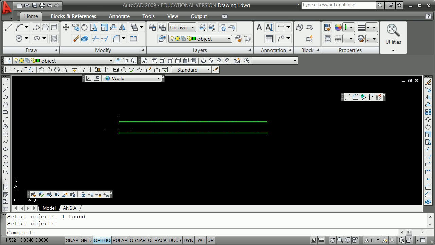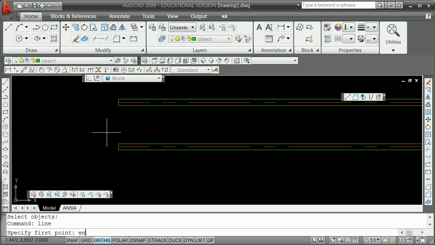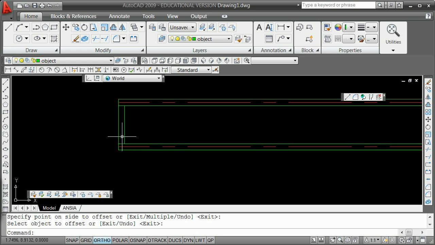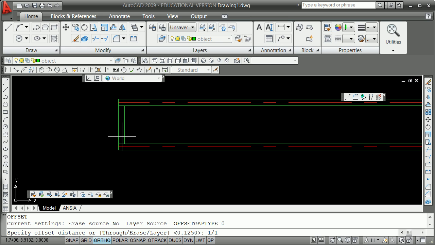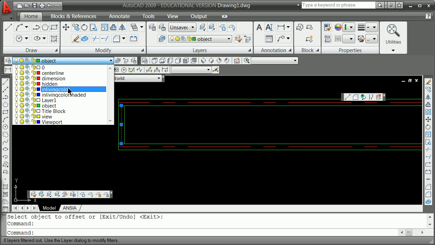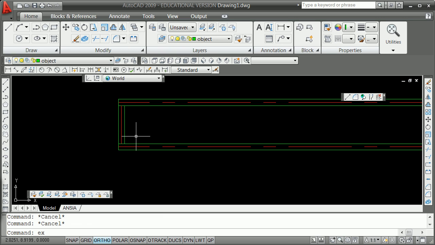I do that for this reason and this reason only. I'm going to do a line from the end point there to the end point there. I'm going to offset 1/8. I'm going to draw a center line from the, I'm going to offset 1/16. I'm doing this to anticipate a couple different ways. I'm going to change that to center line, and I'm going to really think about how that frame generator works, and I'm going to show you where it is. I'm going to extend that one through,